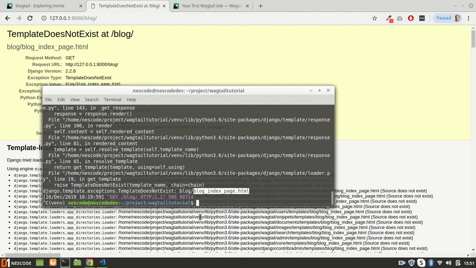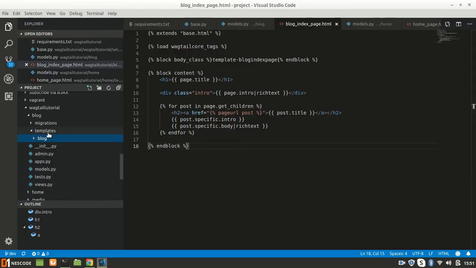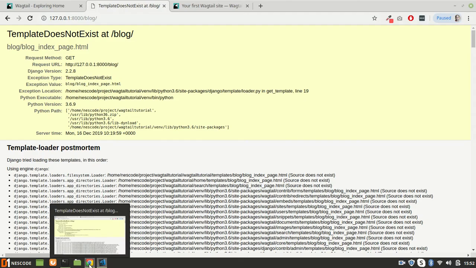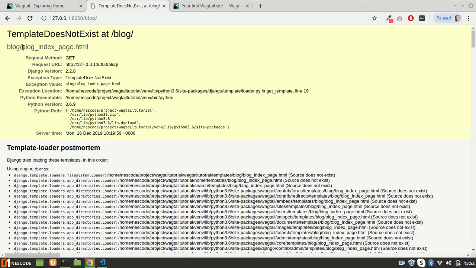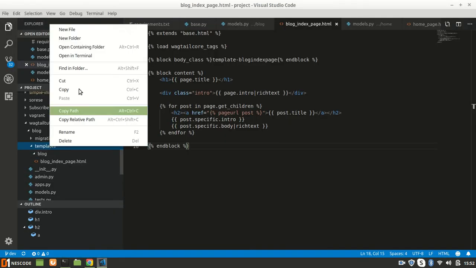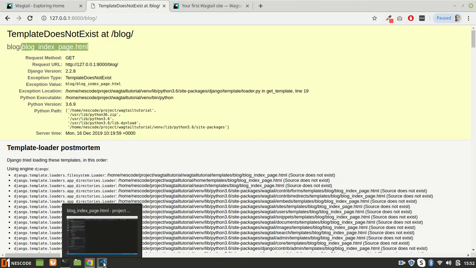So this may be a new error in Wagtail. So what we need to do is, inside the template, if you go and say, let's copy this one and let's add this,